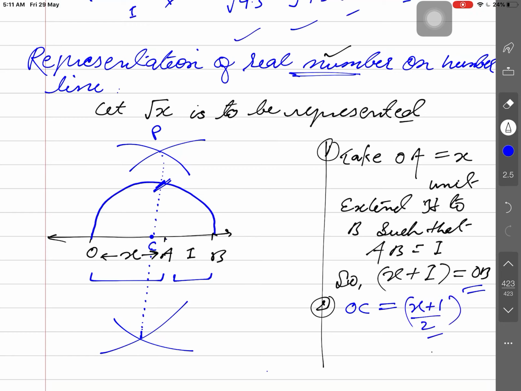This is half of the distance, and this is becoming perpendicular, right? O to C and C to B is each x plus 1 divided by 2. Is that clear, guys? Now what next is to be done here, after that we will just select